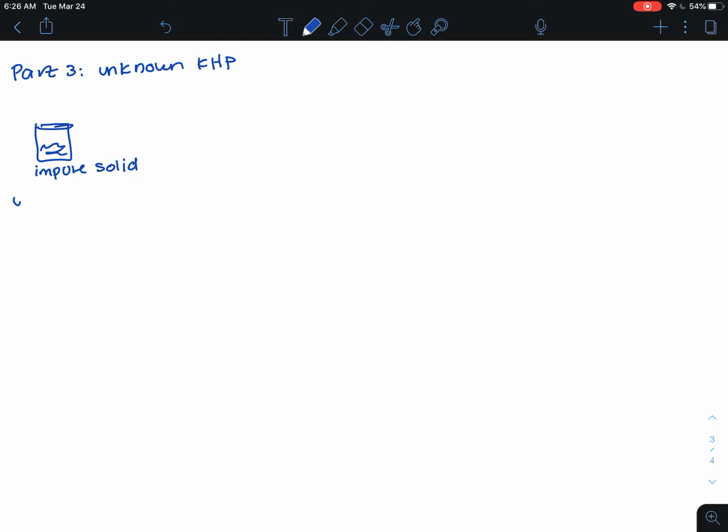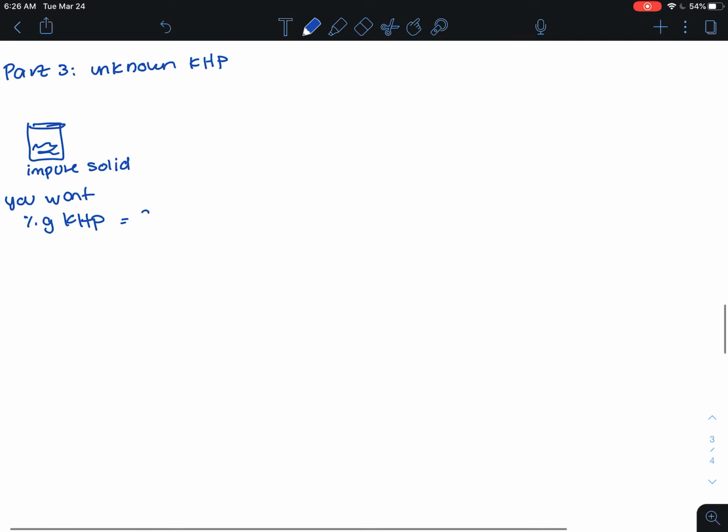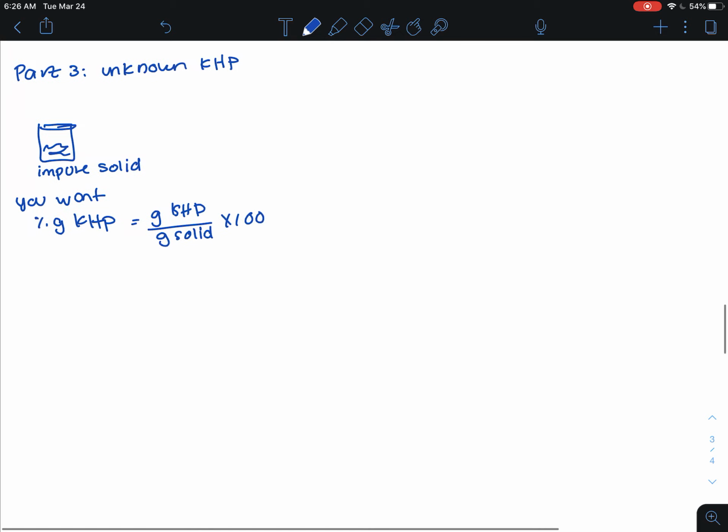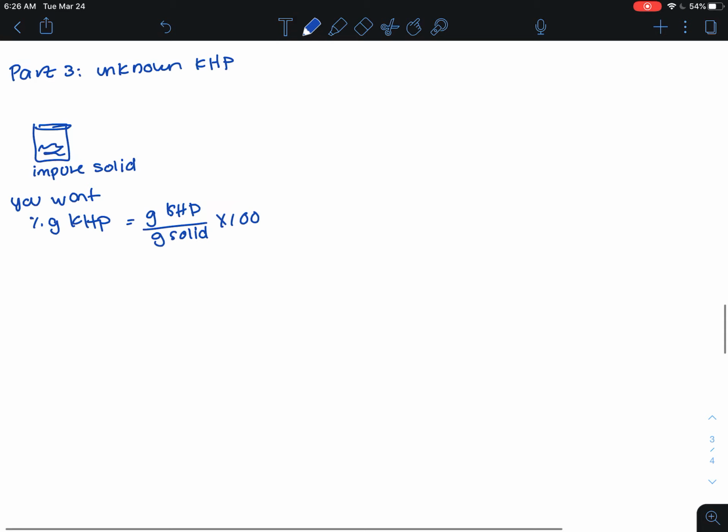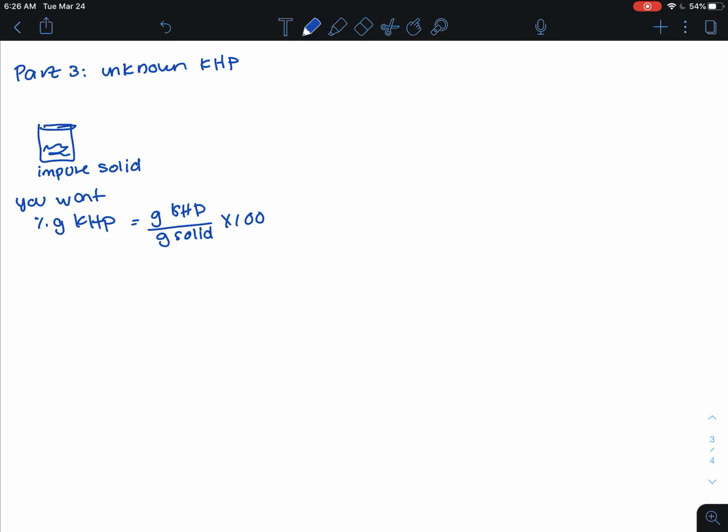Alrighty, so now in the 3rd day, you'll be given, again, a sample of an impure solid. And you want mass percent KHP. So you want the grams of KHP over gram solid times 100. We already talked about that you can know the total mass of your sample because you just weigh it by difference. So we're looking for the mass of KHP. Well, now you go back to your titration, right? So what you'll do is you will take your solid once you weigh it by difference,